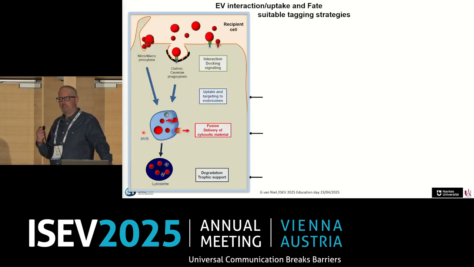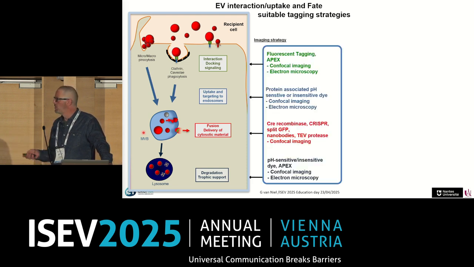However, you can still use this imaging strategy to look at the fate of your vesicles in recipient cells, from the docking up to the lysosomal degradation. For that, different approaches are possible, and you can use, for example, APEX or confocal imaging to look at the docking of your vesicles on the surface of your cells, proteins that are sensitive to pH,